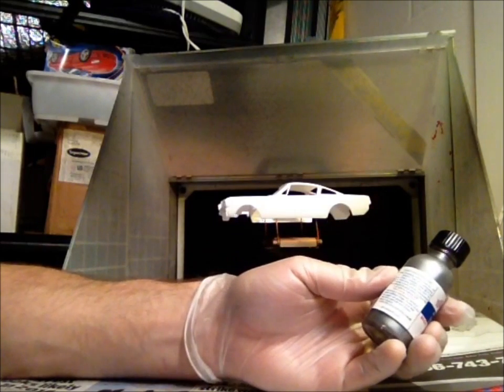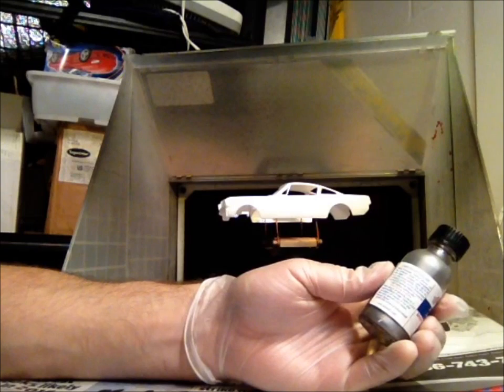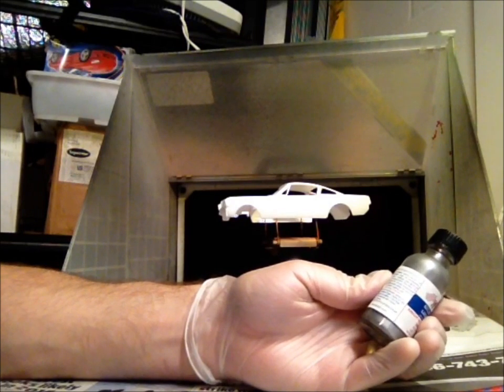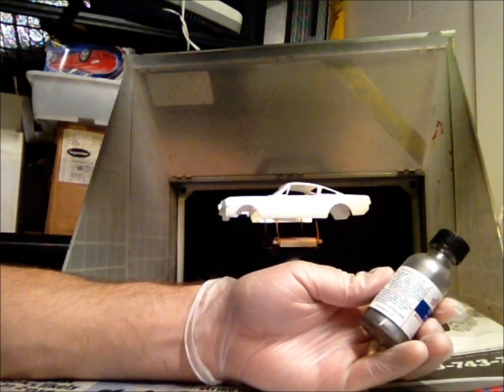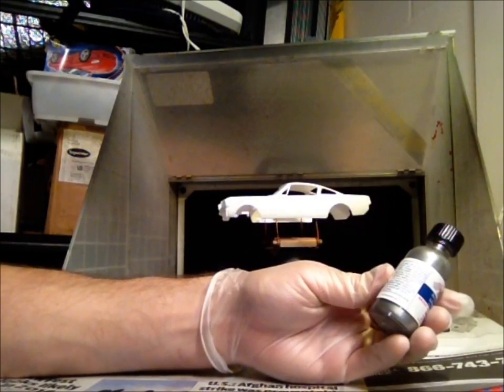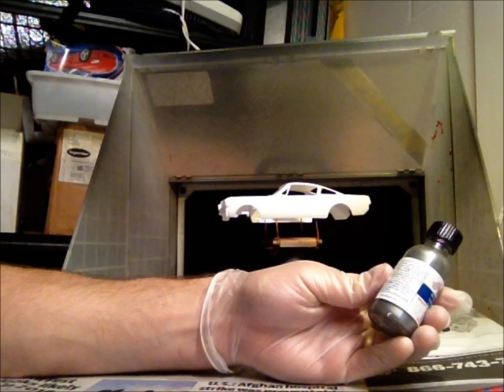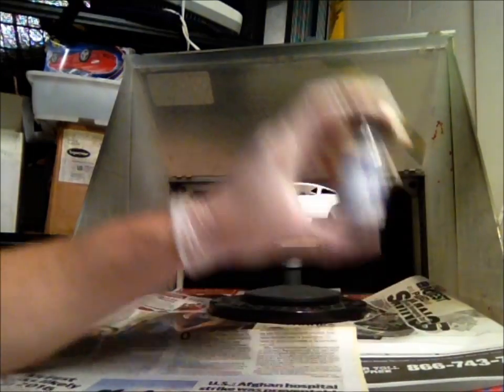The directions on this, obviously, are to shake well before use. You're going to use 20 to 30 psi on a clean, bare plastic. So you don't want to put anything on this before you lay this down. And then you're going to let it cure for an hour before using the Alclads. I usually let it cure for a couple hours, but